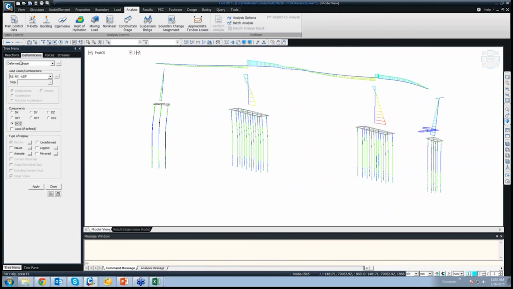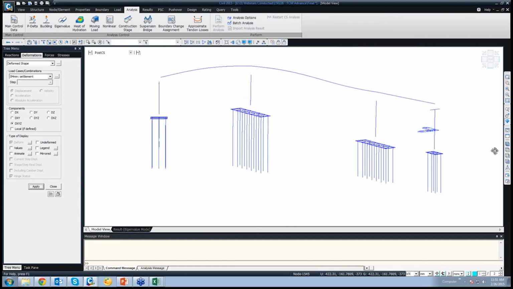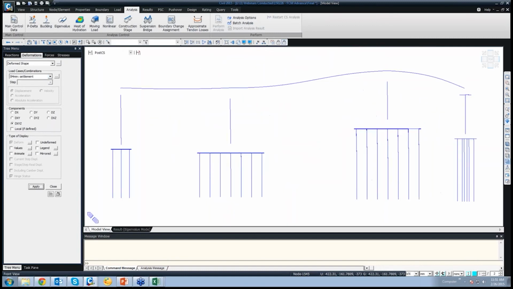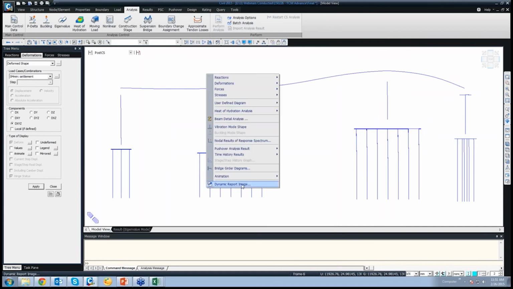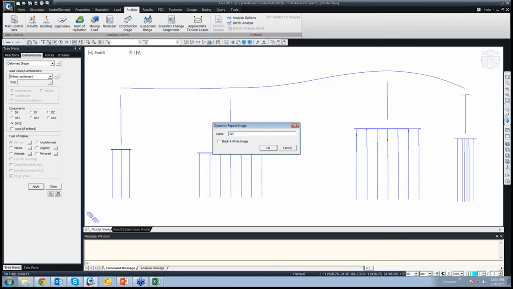And say we are adding the deformation due to the settlement minimum case. Say we want to add this figure to the dynamic report.